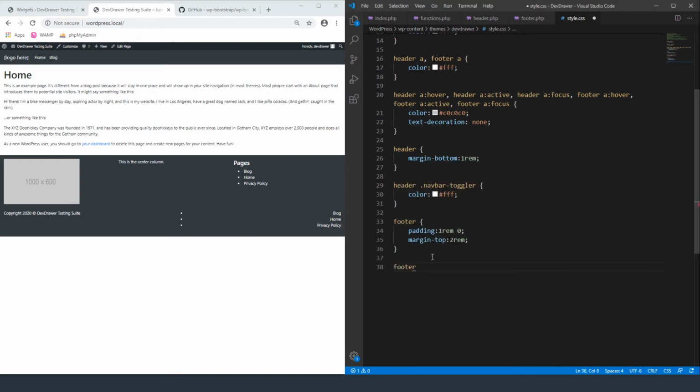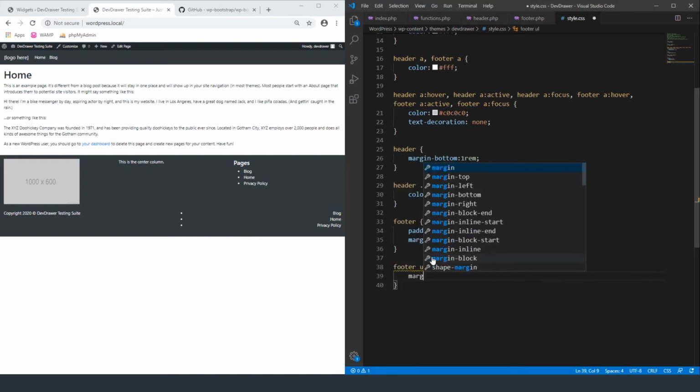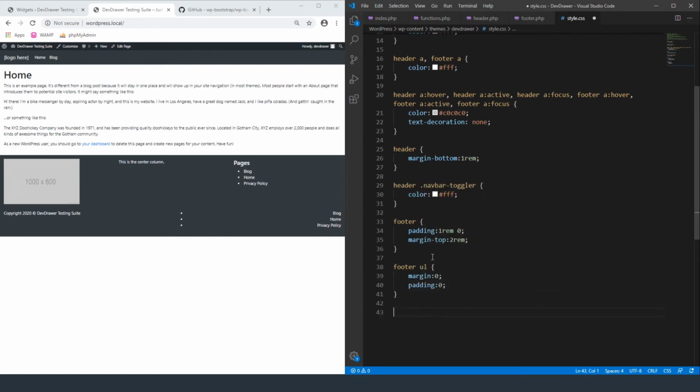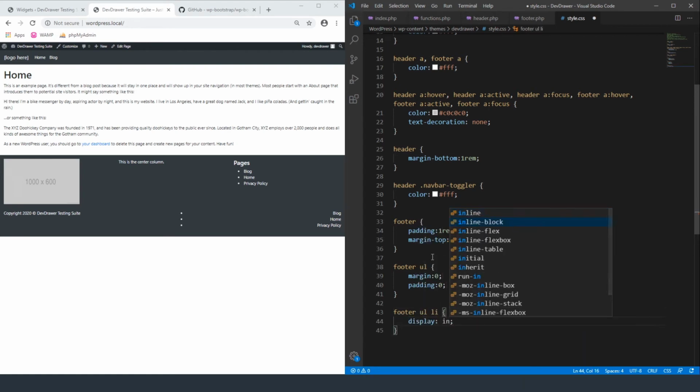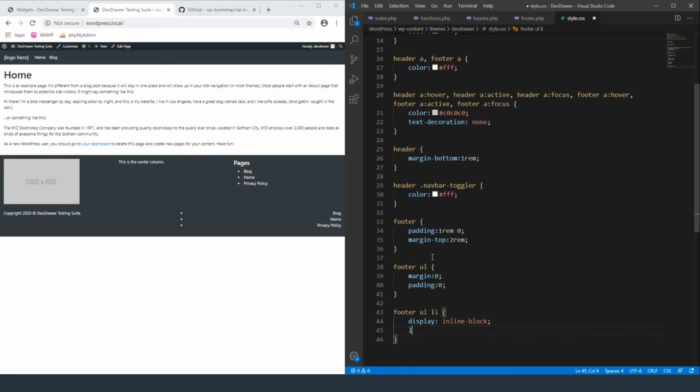So let's do footer UL. I'm just going to remove the margin, and I'm going to remove the padding, and then we're going to do footer UL LI, and I'm going to display these inline block, and then we're going to do list style type none,